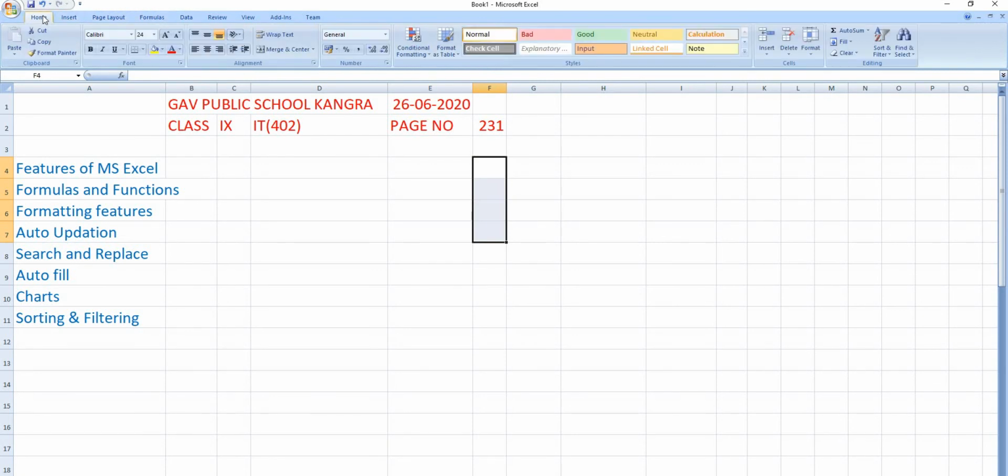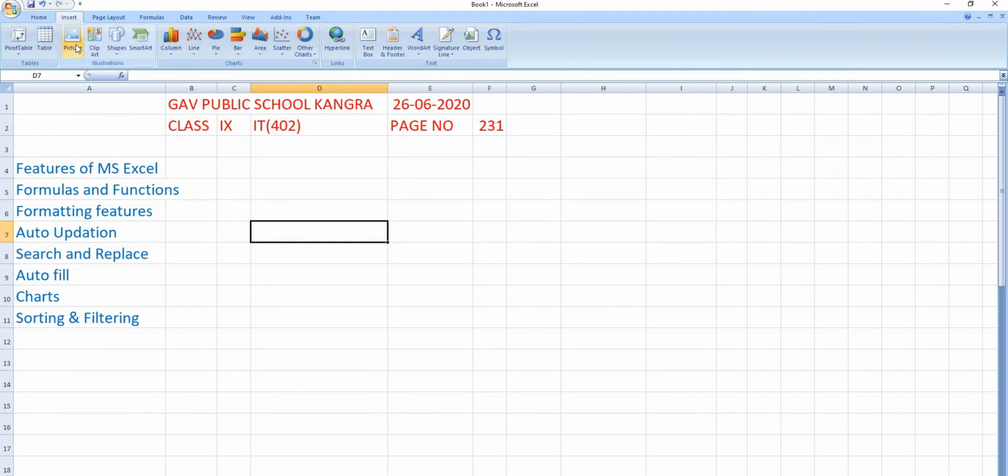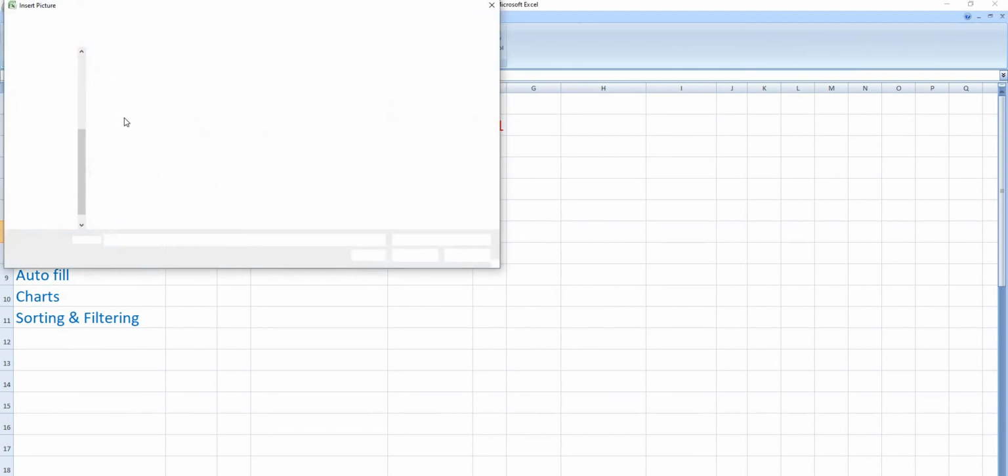So standard components are tab, then groups like clip art, font, alignment, these are the groups, and in the groups there are options. This is your quick access toolbar, and in the bottom of the sheet there is a status bar. So let's understand these components with the help of a picture.